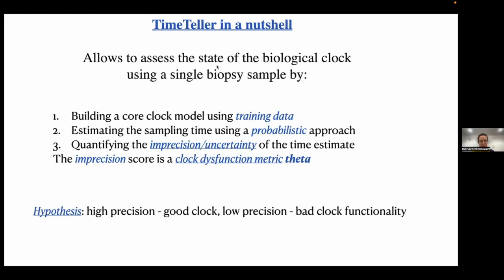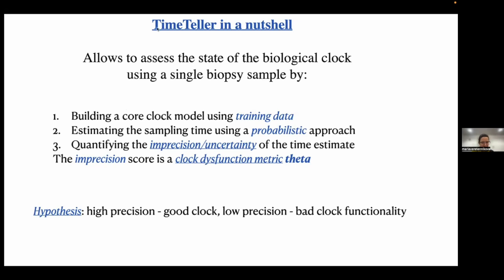So basically, when the biopsy is taken, we would like to take the genetic information out of there. So for every single gene, we would have a read, we would have a number, and from that vector, we would like to say, right, so this person's clock disruption can be quantified as some number between 0 and 1.